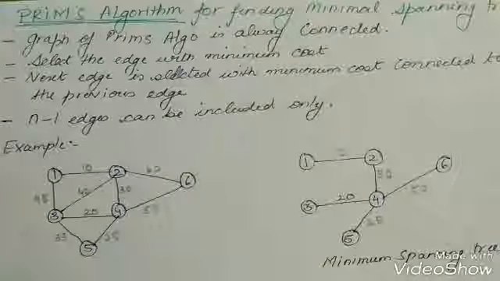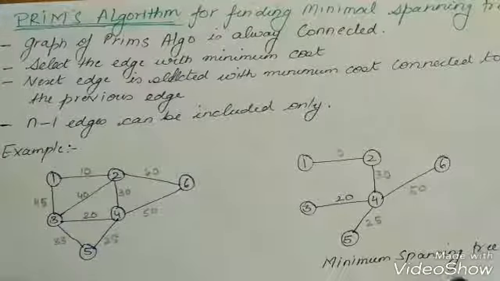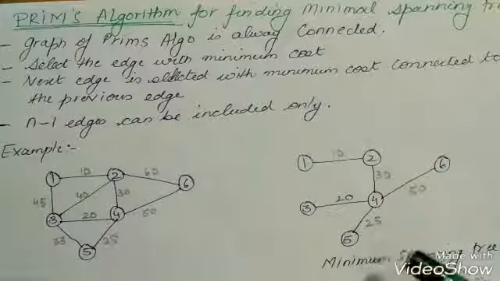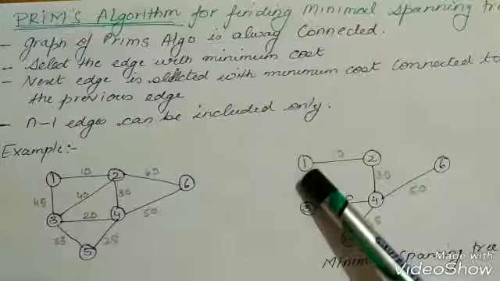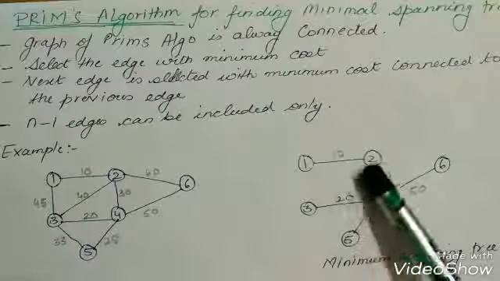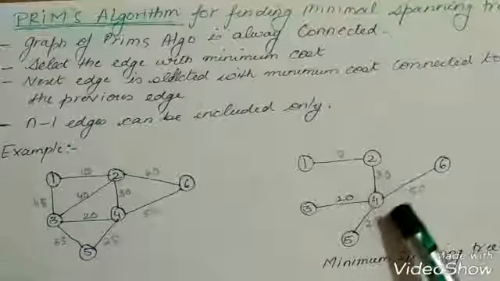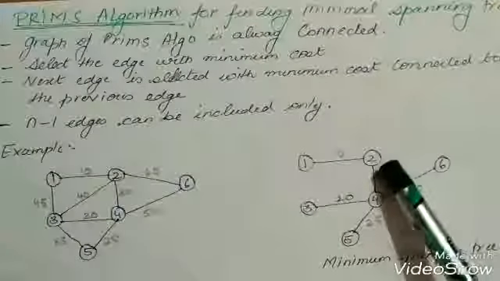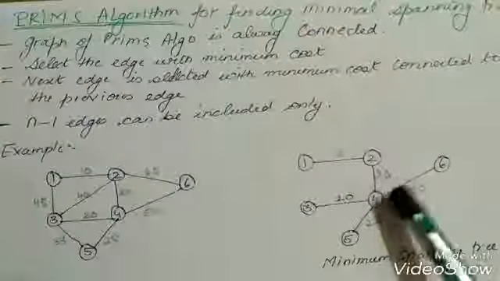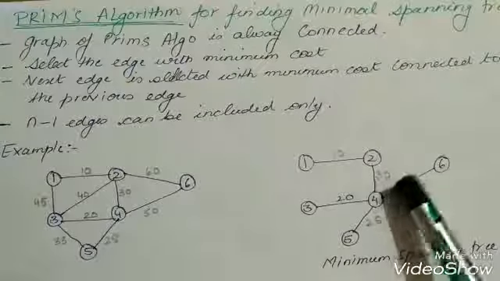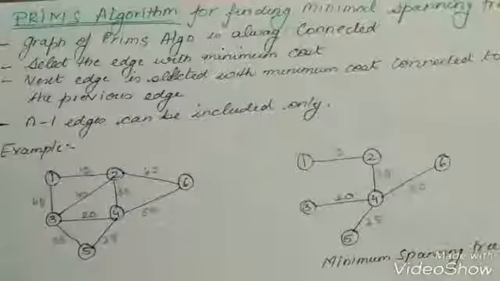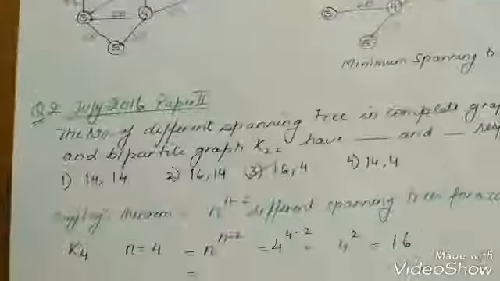The main condition of this algorithm is that the graph needs to be connected. The first edge which we chose was the minimum edge. The next edge will be the one connected to the previous nodes, any one of them: the minimum edge connected to the next node will be chosen. Fine. So here we have one example.